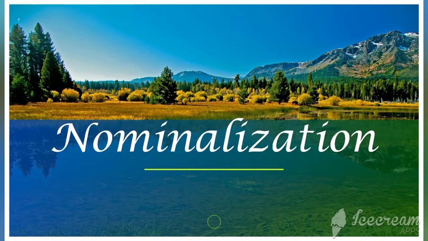I think you know what is meant by verb and what is meant by adjective. If you know, it will be very easy, no problem. I'll explain what is meant by verb or adjective. So nominalization means just making a noun from other parts of speech, like verb or adjective. It can be made in 2 ways, that is from verbs and from adjectives. That's what we are going to see today.